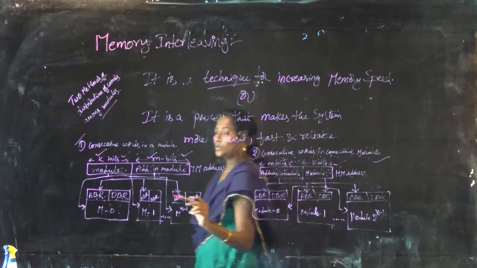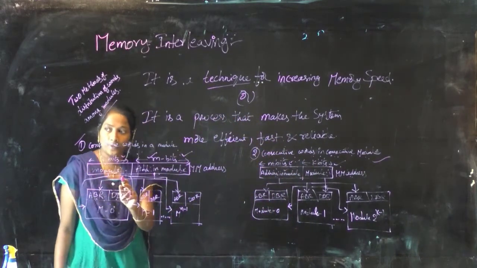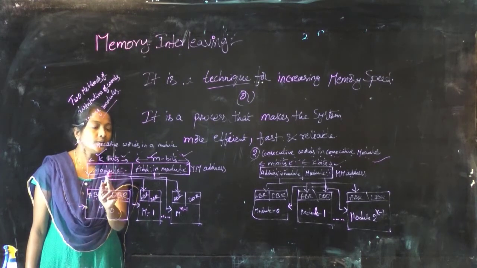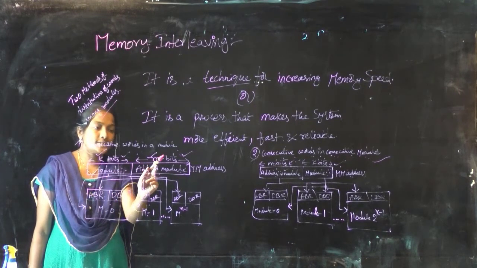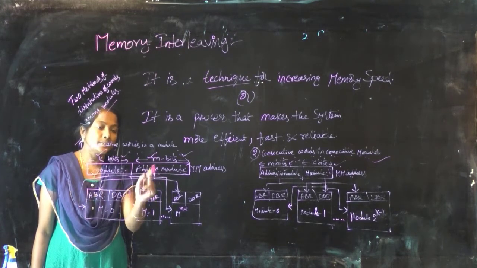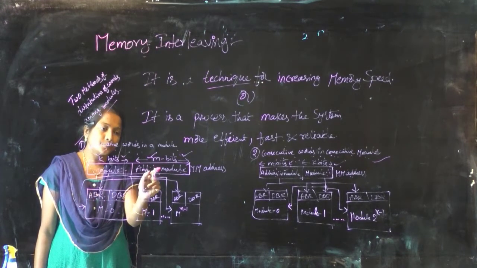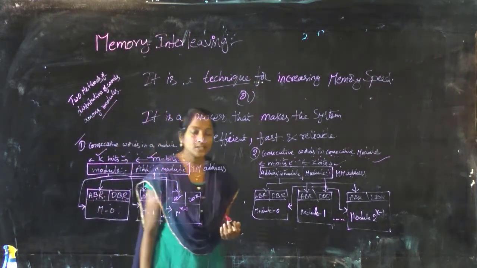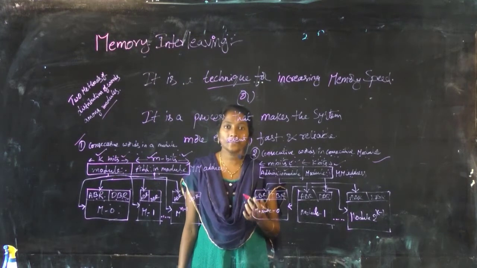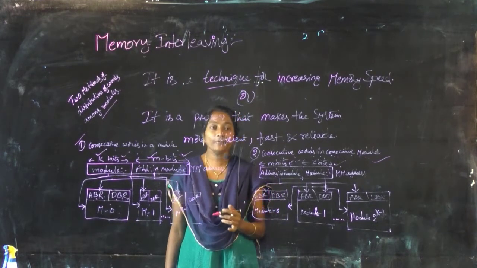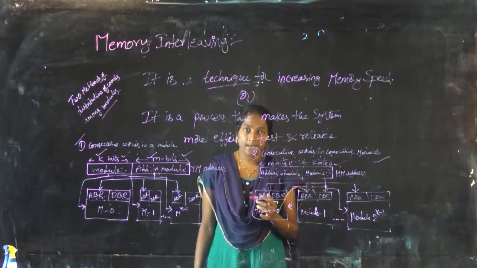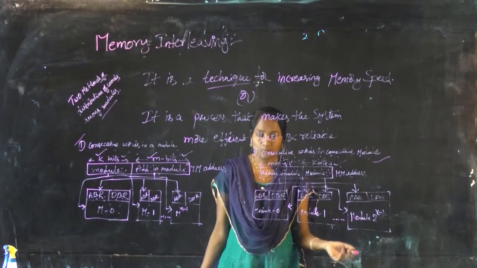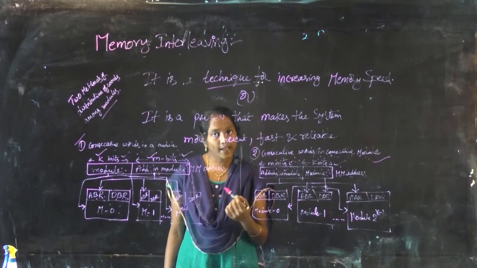In the other case, the higher order k bits are used to get the module, and the lower order m bits are used to get the memory location available in that particular selected module. Likewise, memory locations can be accessed by the processor with the help of k bits and m bits, for consecutive words in a module and consecutive words in consecutive modules. Let us see them one by one with examples.